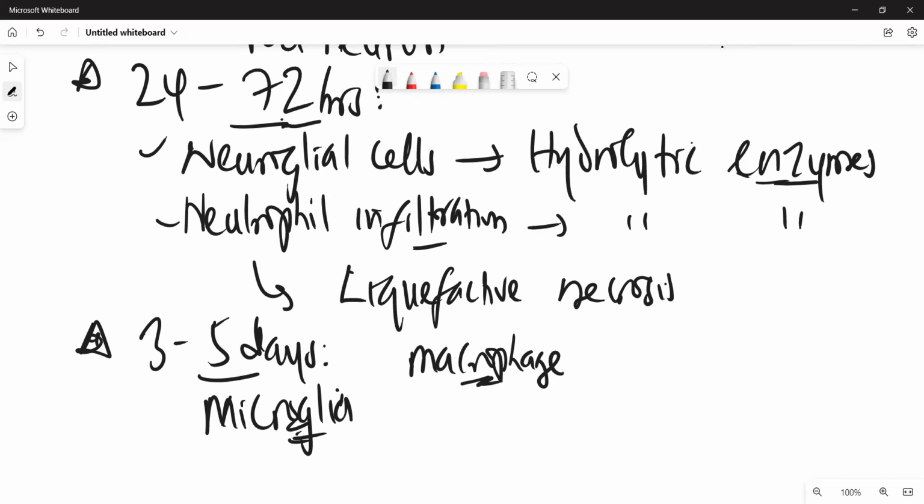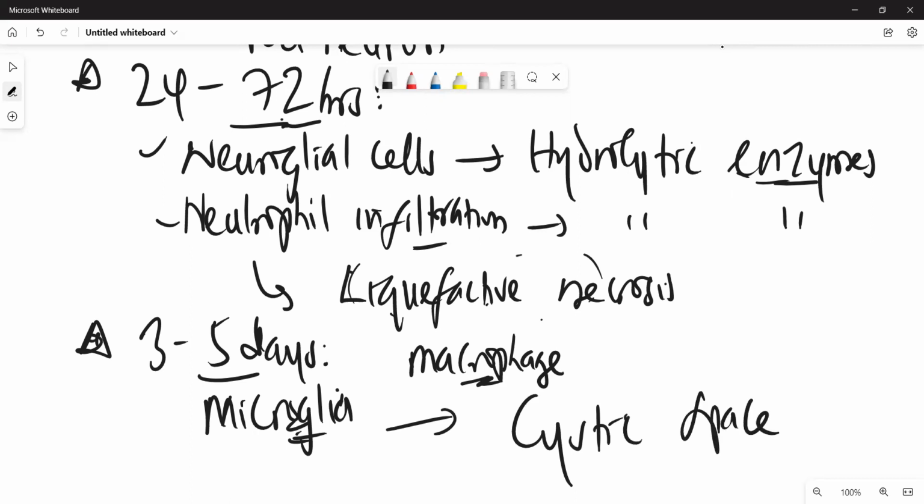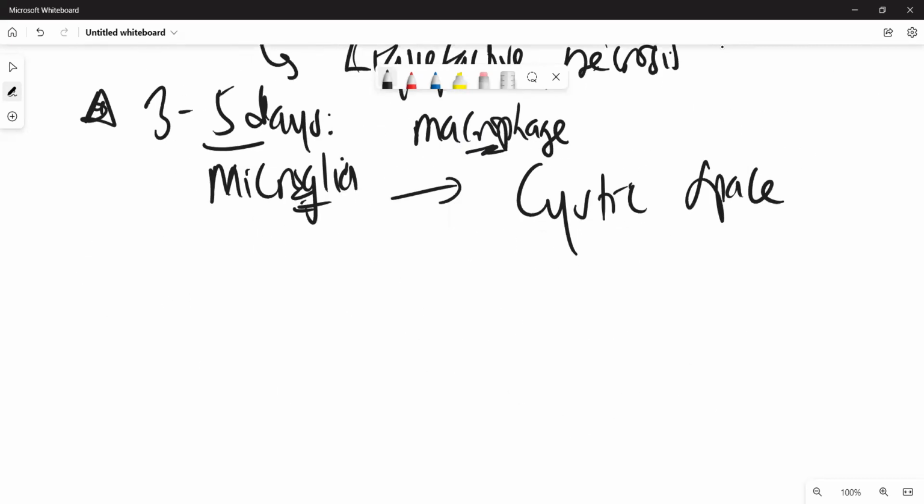So those macrophages are now going to remove all this debris, this liquefactive necrosis. And that removal is going to create a space in the brain, like a cystic space, right? And by 1 to 2 weeks,